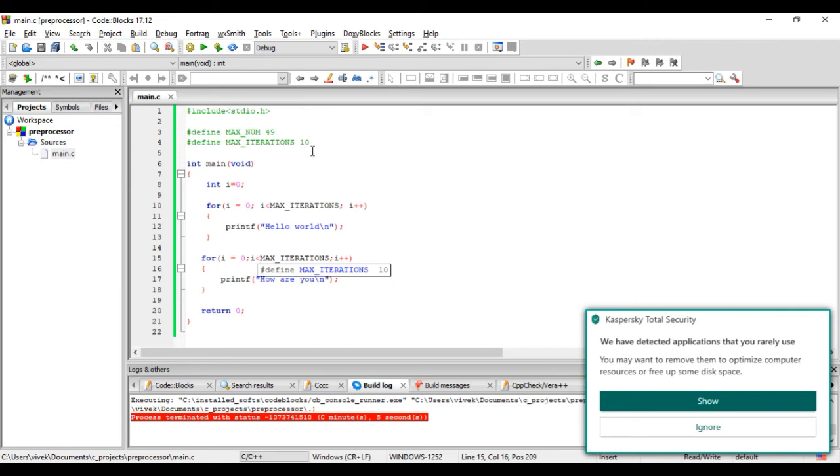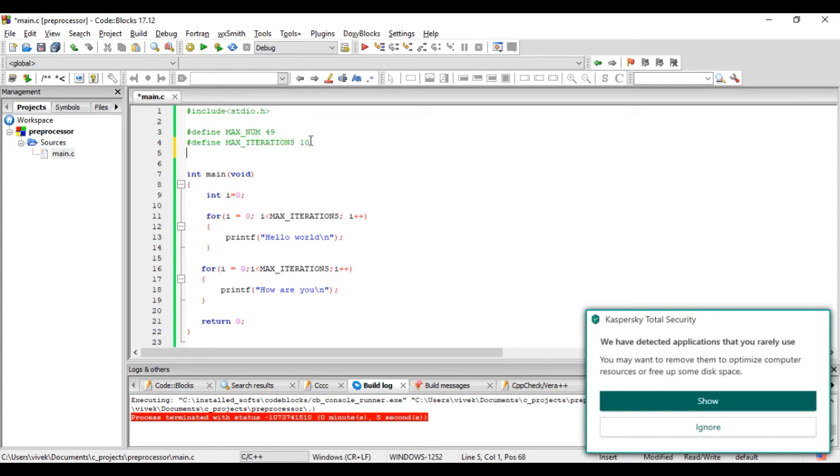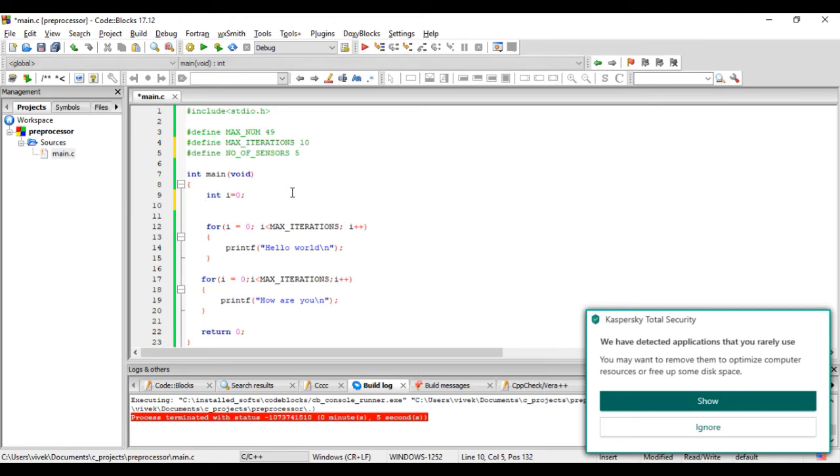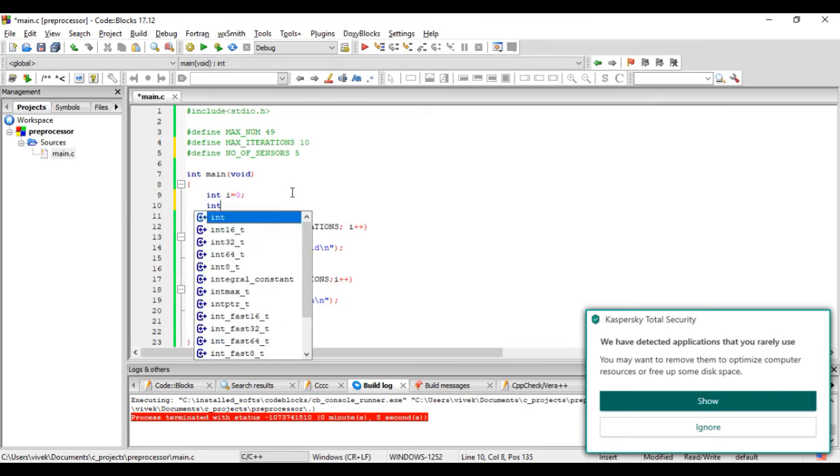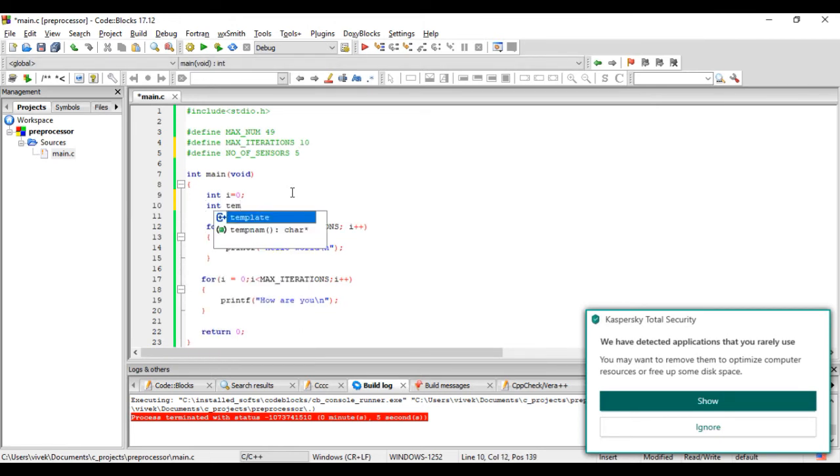One example for using it, let's say for number of sensors, could be we create one #define NUMBER_OF_SENSORS, and we mention it 5 here, and then we create an array of the sensors, int temp_sensor, and we have 5 sensors now.